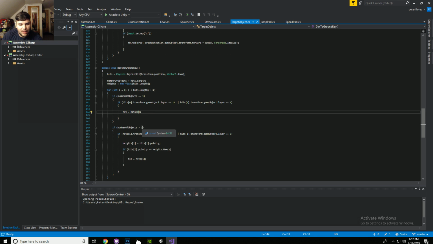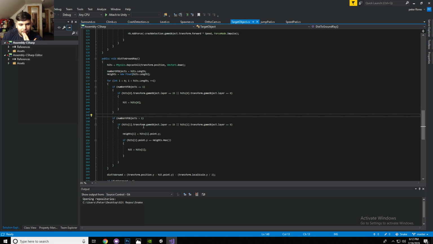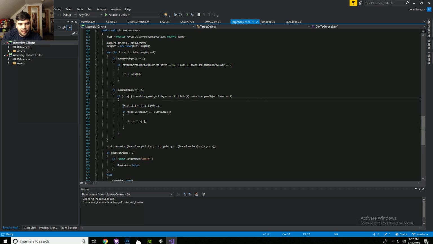If there's more than one object right here, it goes through, using a for loop, the entire array of objects being hit, and in this case is detecting if it is an environment object, and it is going in there and it is taking the